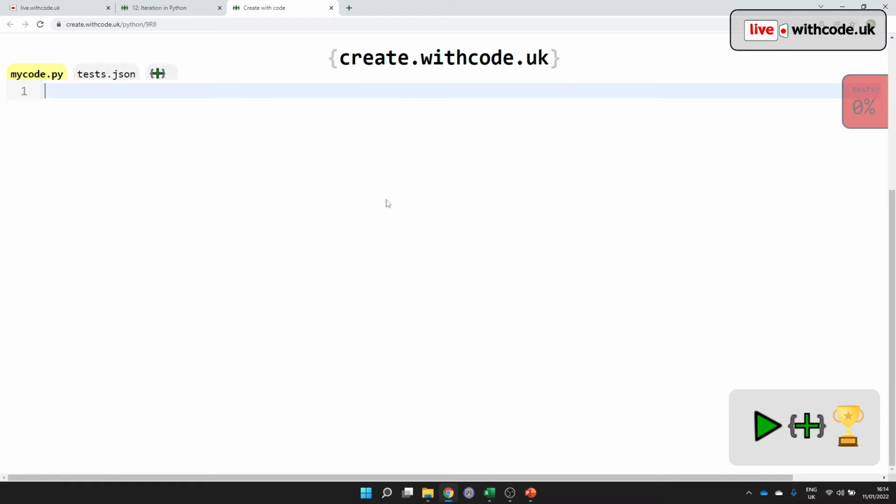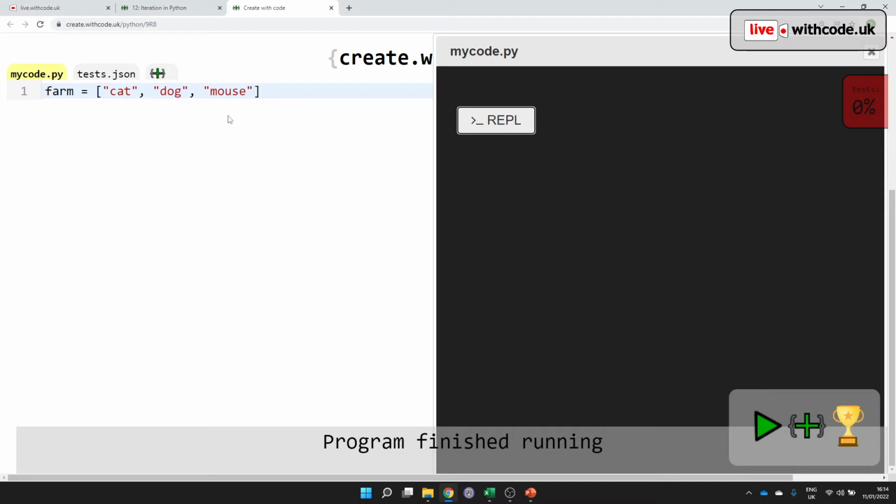So let's get started. It's live coding, so you'll be able to see the thought processes and the decisions and the mistakes behind finished code. First of all, let's create a list. We're going to have a list of animals. So we'll have a cat on the farm, we'll have a dog and a mouse. You can have whichever ones you'd like. Nothing happens just yet because I'd like to iterate through each of these